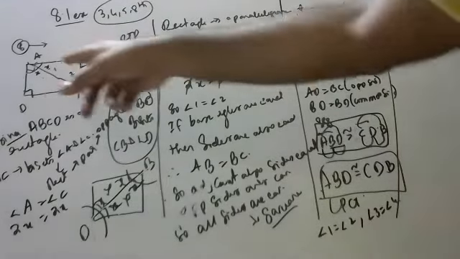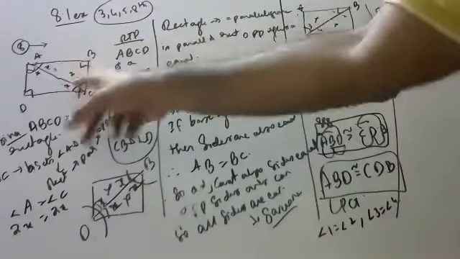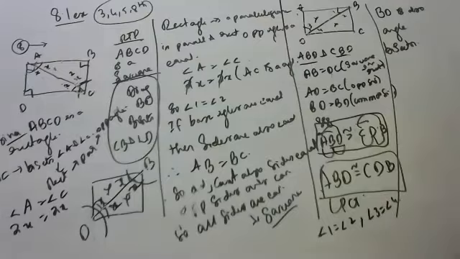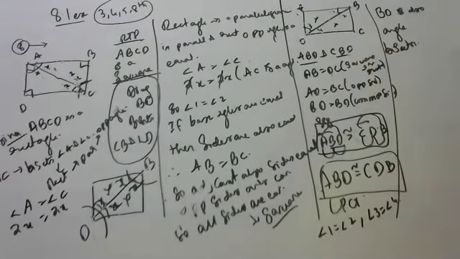So how do I prove it is a square, children? Because base angles are equal, adjacent sides are also equal. As adjacent sides are equal and already opposite sides are equal, all sides are equal. So it is a square. I told you. This is about the eighth sum. Okay, children. Let's go to the third sum.